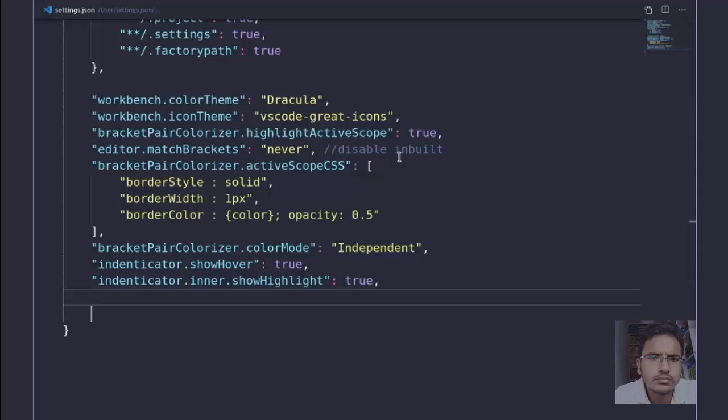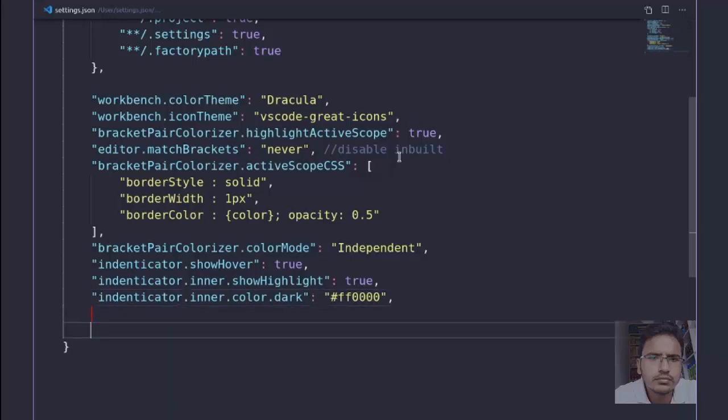Indenticator inner dot show highlight true, so that I can easily know in which code block I am present. I have set the color to red, that is a dark color.